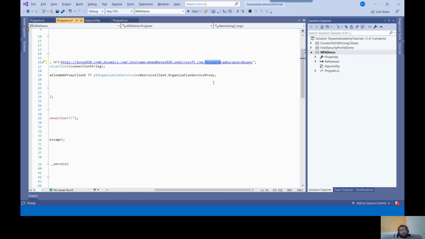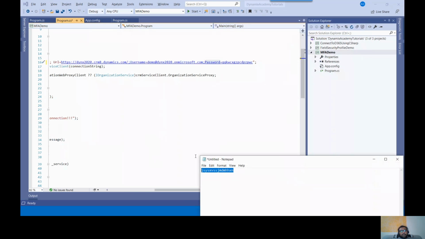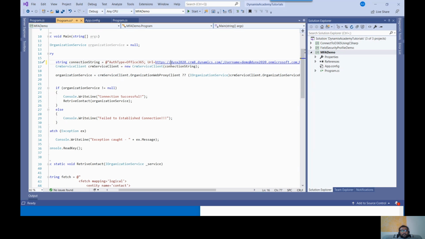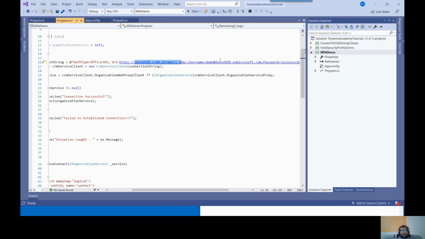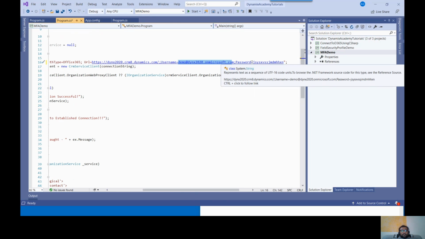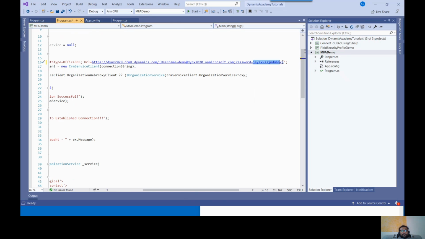Let me go to my notepad, copy my newly generated password and paste it here. I am again making sure that my organization URL is correct, and that my user account through which I want to connect to the Dynamics 365 instance is also correct, and this is my Office 365 MFA password.